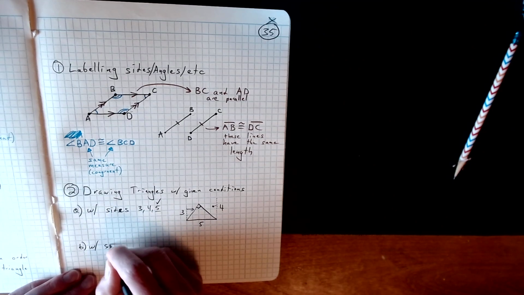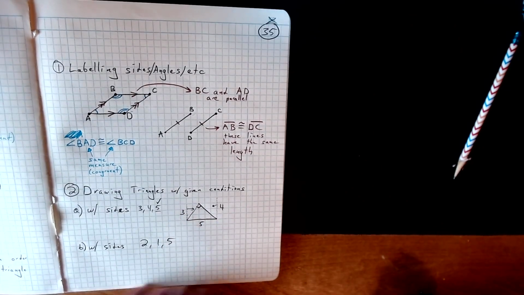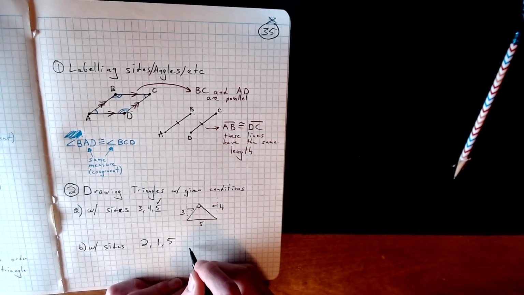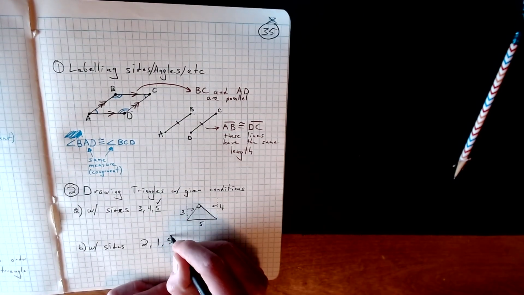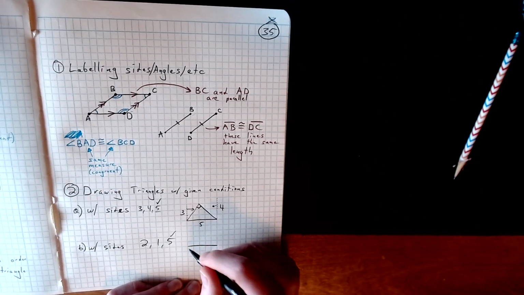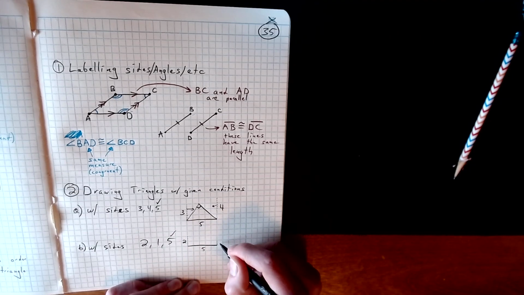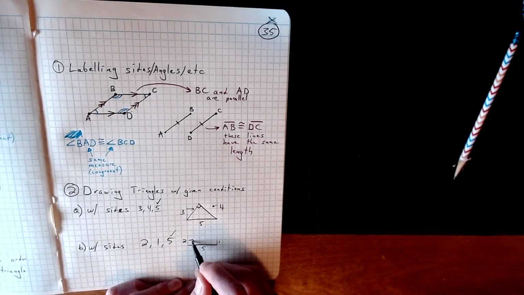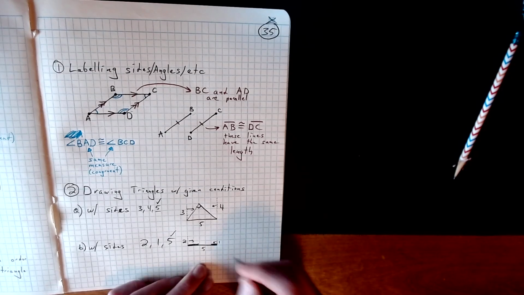So we'll say, well, what if we were to try? They said make a triangle with sides 2, 1, and 5. Here's where we're going to see it break down. First off, I'll draw my length 5. And then we've taken care of one of those. Let's draw a length of 2. I'll go 2 up. I should label these 2, 1. And if I were to try to fold these in, say this will reach up to there, and this one will reach up to there. And you can see,